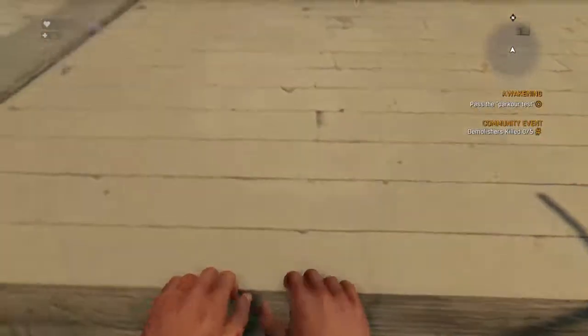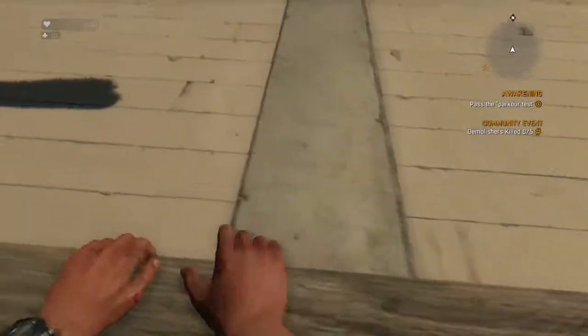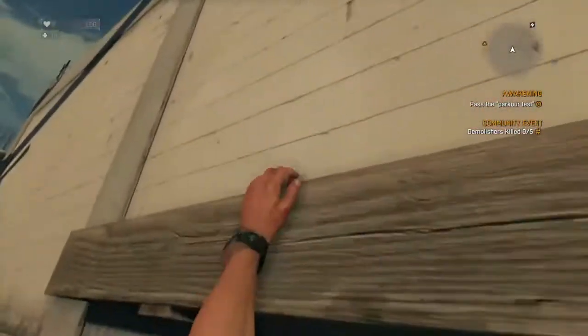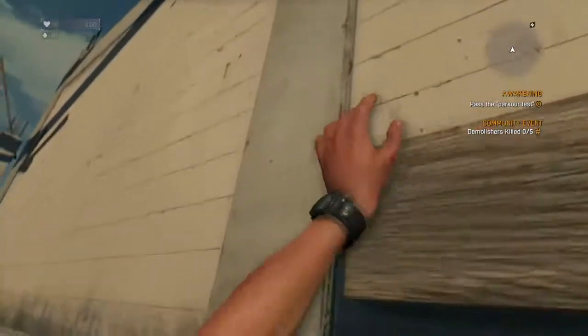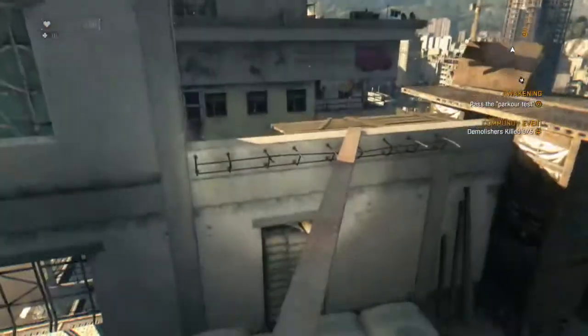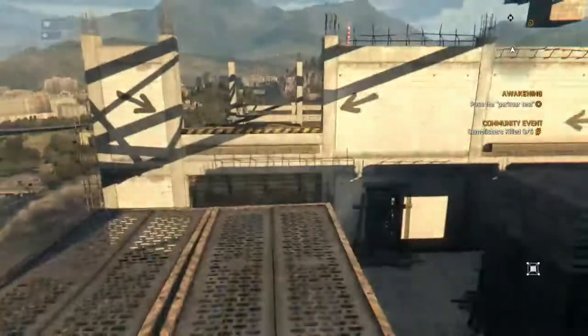Good job. Okay, time for the real test. Up there. Get back to the crane. Make use of anything and everything. Right along the big bit of it. Get back to the crane. Past the parkour. Here we go. And up here. Across the plank of wood. Pull the arrow. And run. Okay,